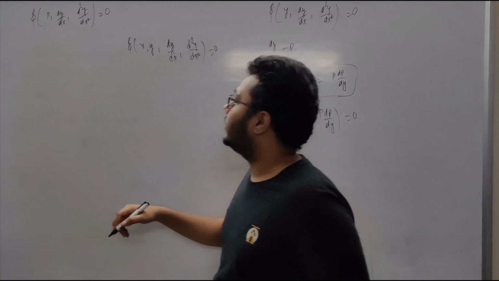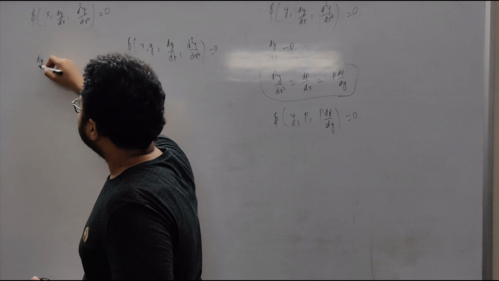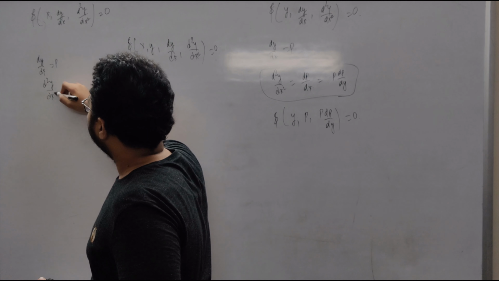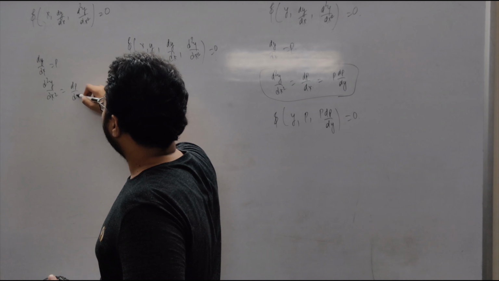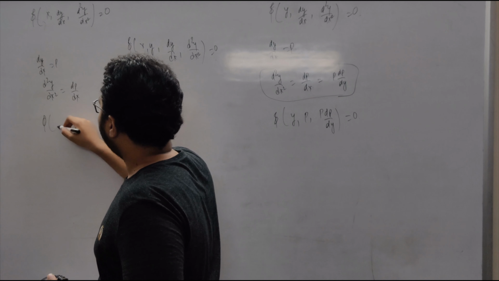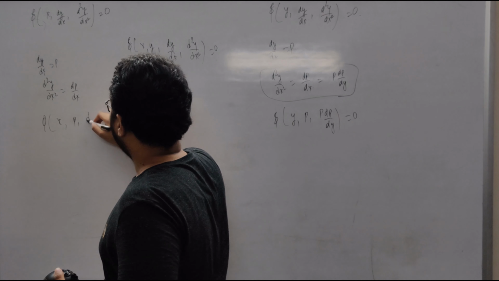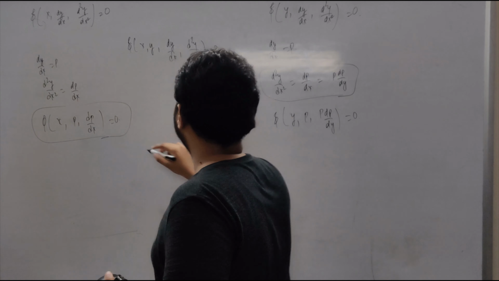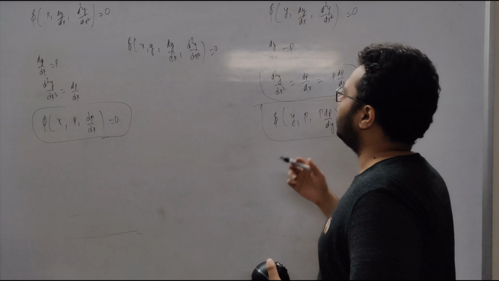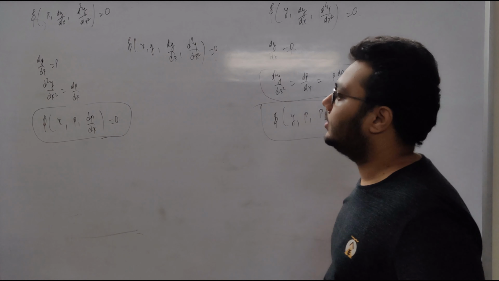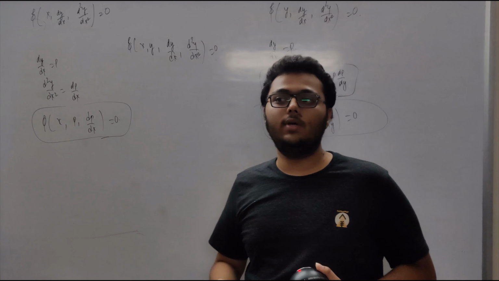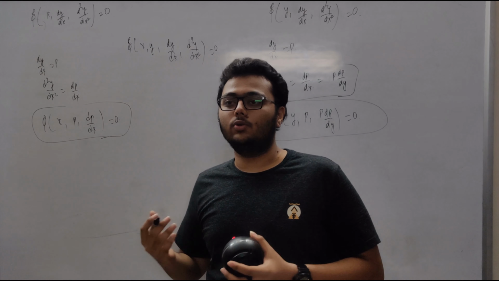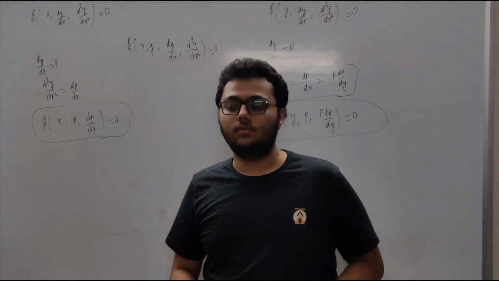So in this case, we put dy by dx equals to p and d2y by dx square equals to dp by dx, and we are left with phi of x comma p comma dp by dx equals 0. So this is how you can solve these kinds of equations. I'm just going to quickly show 2 examples for each, and you can have a look at some examples after those 2 examples yourself.